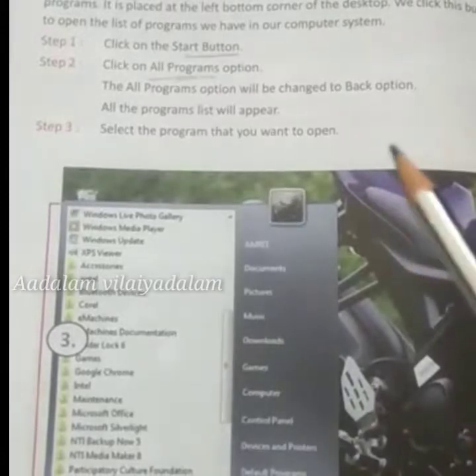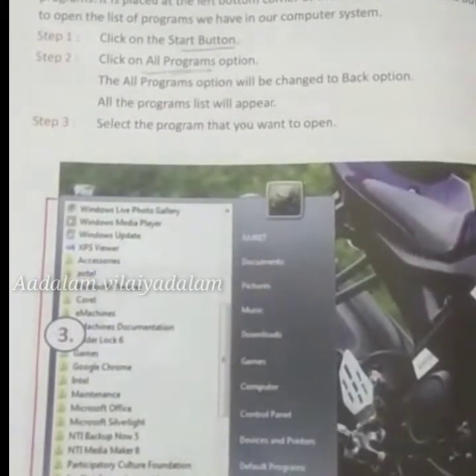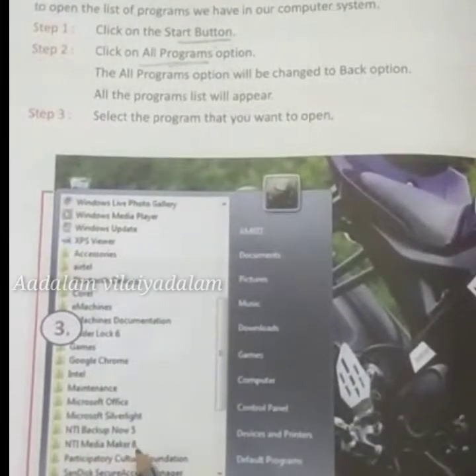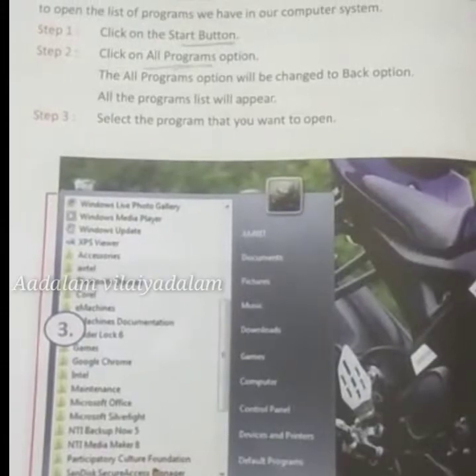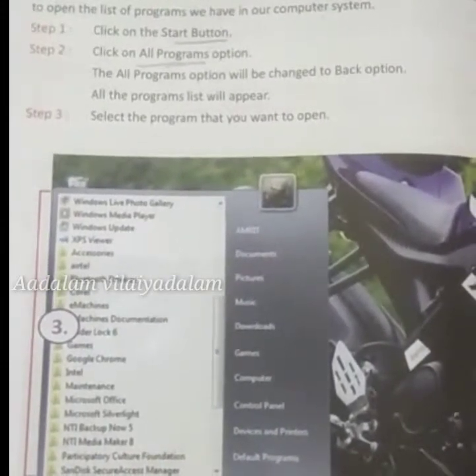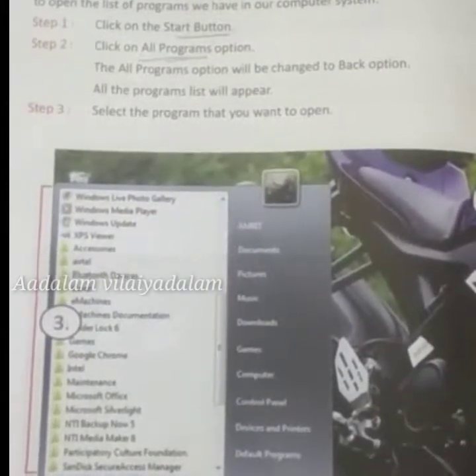After clicking the all programs option, the programs available in the computer will be displayed. Select the program which you want and then double click on it. This is the steps to open the programs in the Windows operating system.